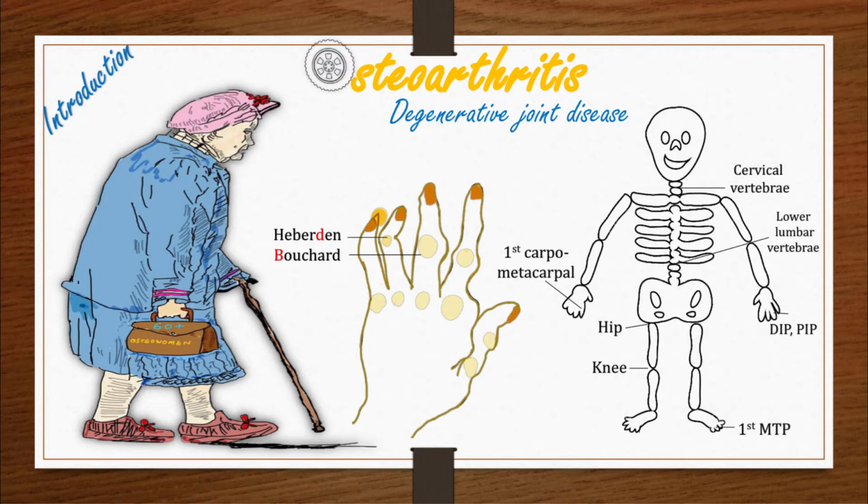So once again we are continuing our rheumatology series of lectures, and today we will talk on osteoarthritis, also known as degenerative joint disease. So primarily it's two types: primary osteoarthritis and secondary osteoarthritis. Primary osteoarthritis is the disease of elderly patients, a disease of joint use, right? A biomechanical problem, a wear